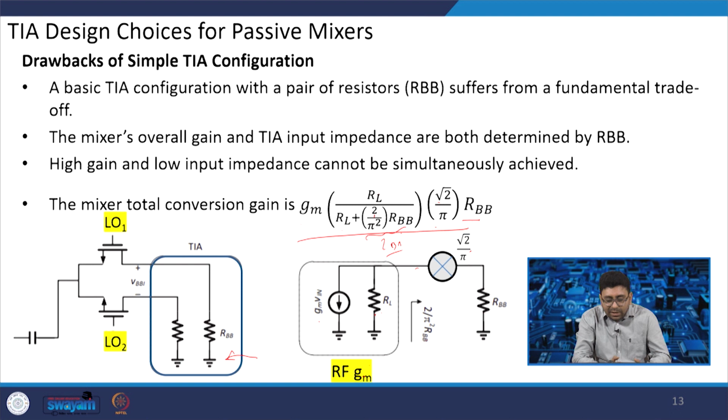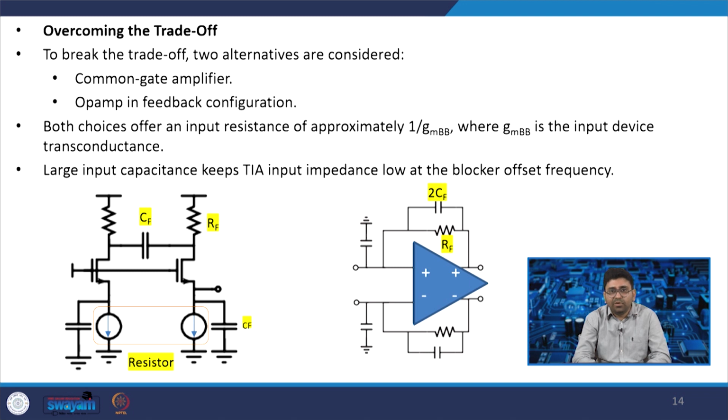While designing the TIA, we can ensure improving the conversion gain by making RBB larger. So, there is a trade off: we can have an RBB which is not affecting the linearity and the noise, and also reducing the conversion gain. So, the designing of the TIA configuration is important in this passive mixer design. If we want to overcome this trade off,